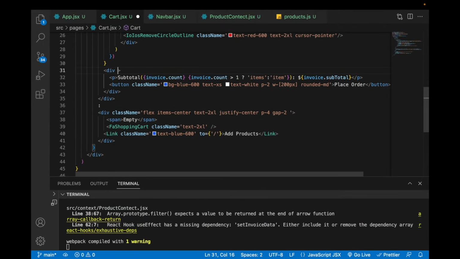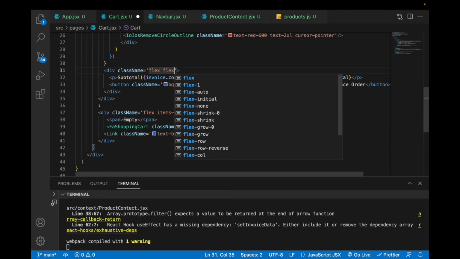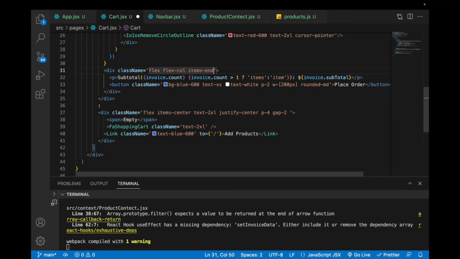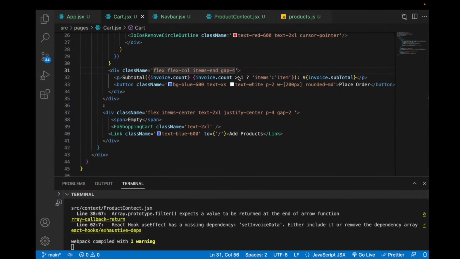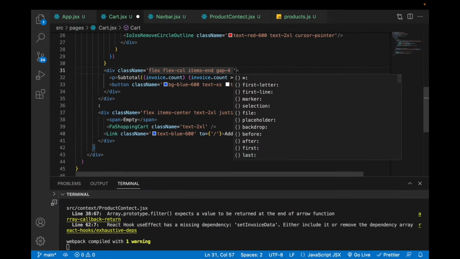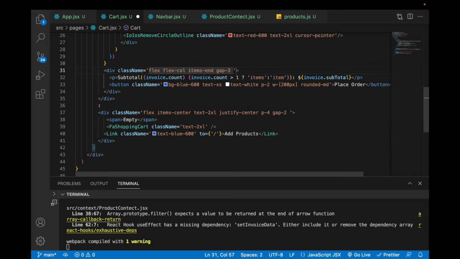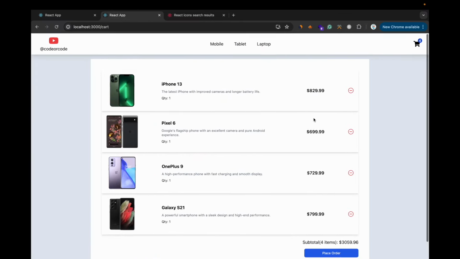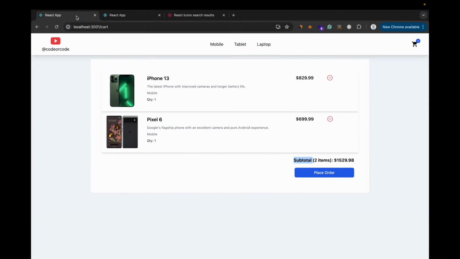Okay, and class name flex col items and gap 4, and it will be having padding 3 and padding y-axis 4, and